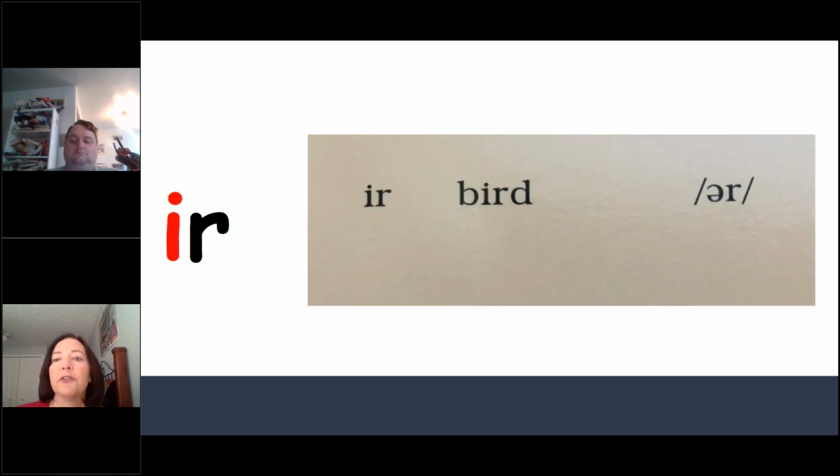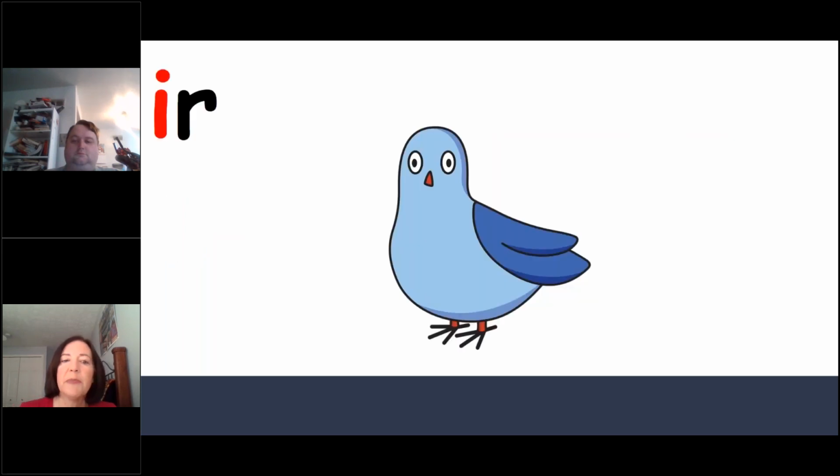IR is another R-controlled vowel. IR also says /ɜr/. We have many ways to spell /ɜr/ in the English language, not as common as the ER though. Sound card says IR, bird. Our brain should be thinking IR, bird,